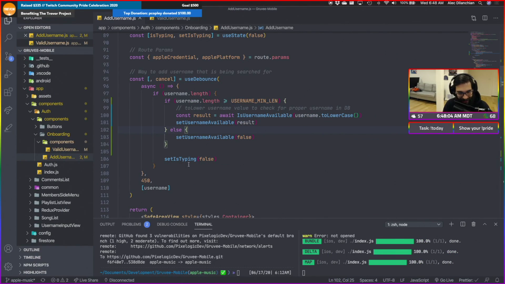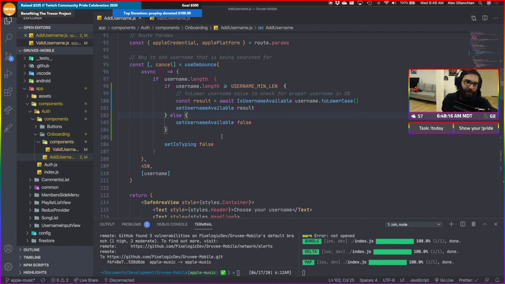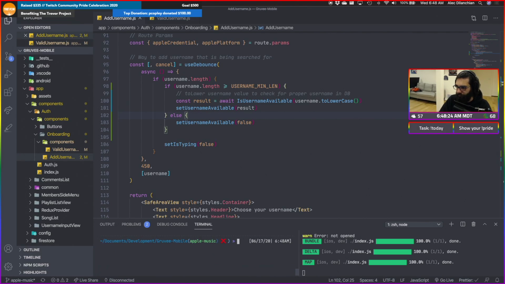X-Plane 11 Simulator. What's up? Thanks for the follow, my friend. Welcome. Yes, they're for sure pretty straightforward. So are you going to use like an Arduino or Raspberry Pi, I'm assuming, right? To get the screens, to add the screens to it? Or are you going to put a legit screen?